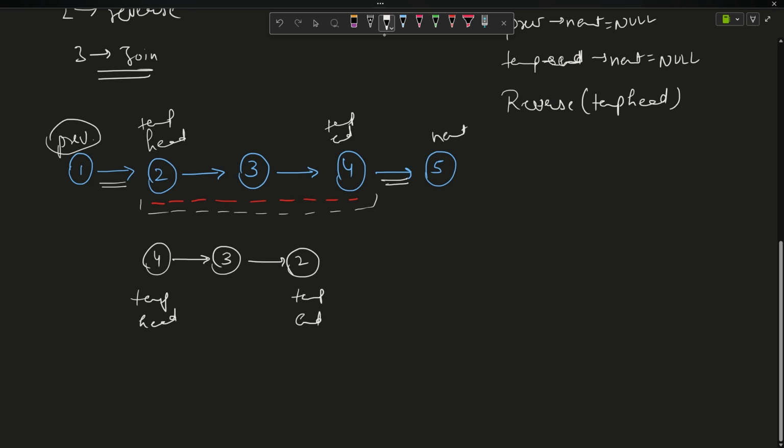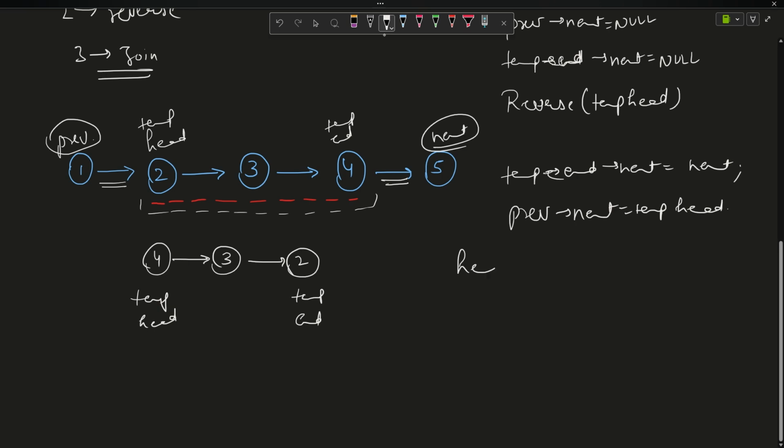Now just do temp end next equals next, which you initialized earlier, and similarly previous next is going to be the temp head, and you will simply return the head. Now the problem we have not seen is how will I get the pointers here?